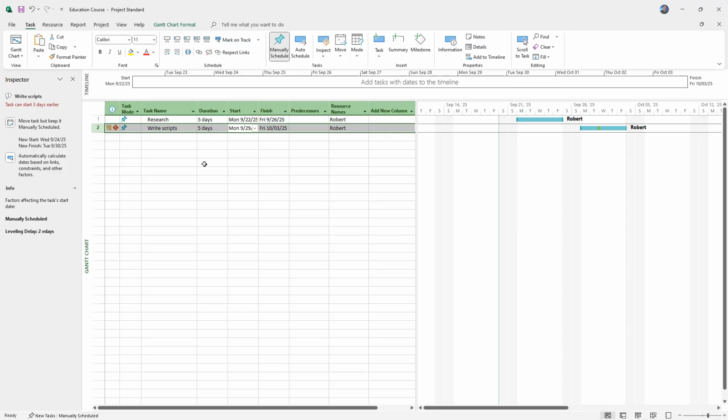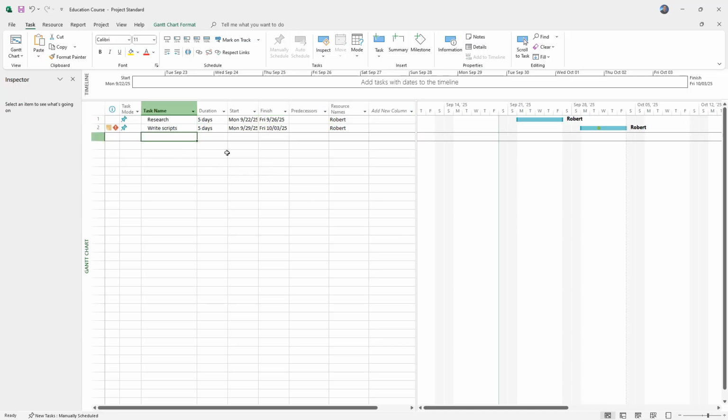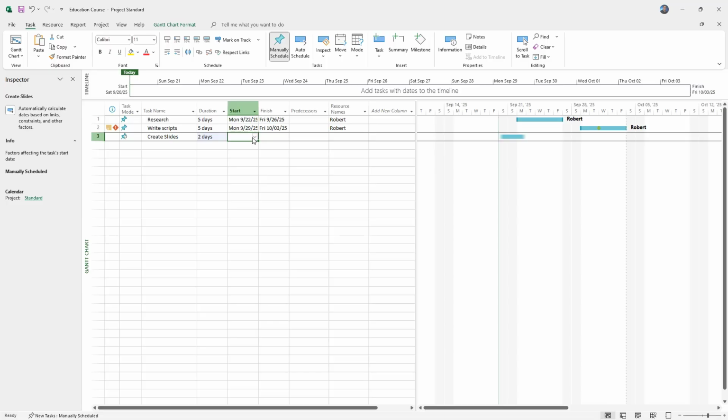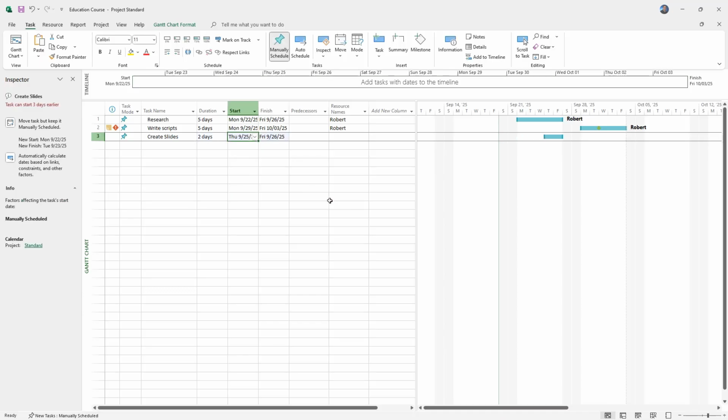Now I'm going to add my third task. And it's going to be to create the slides. So I'll type in create slides, and this one's only going to take a couple of days, but I'm going to start this before the end of my script writing. So I'm going to change this to 9:25. And then I'll realize, oh wait, I have not finished my research yet. So I'm just going to drag that over so it overlaps with the script writing. So we can create slides while the scripts are being written, but somebody else is going to be creating those